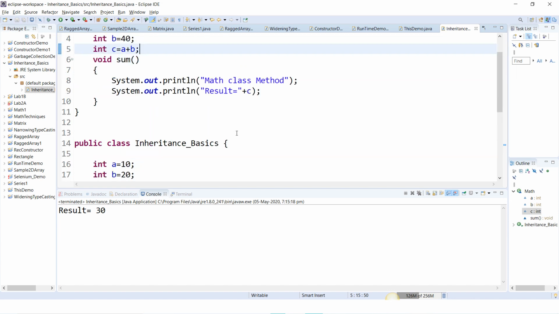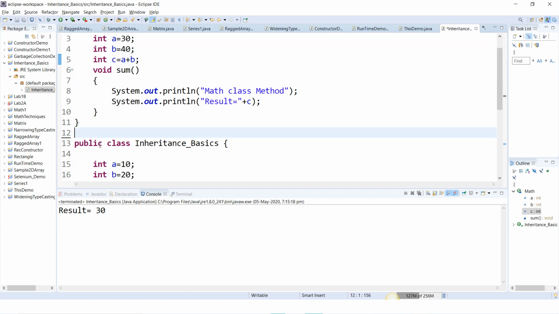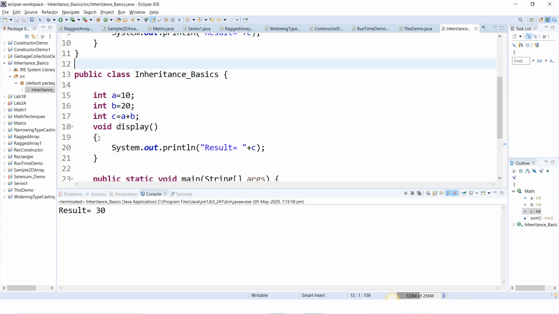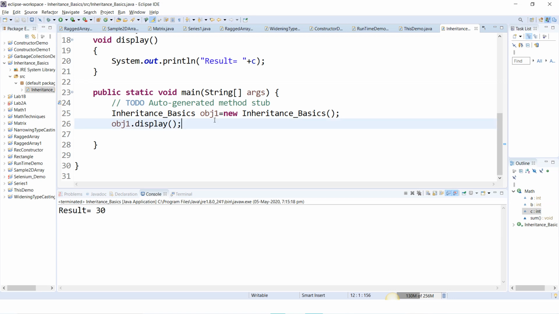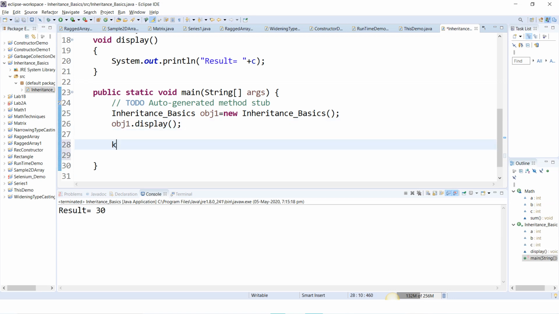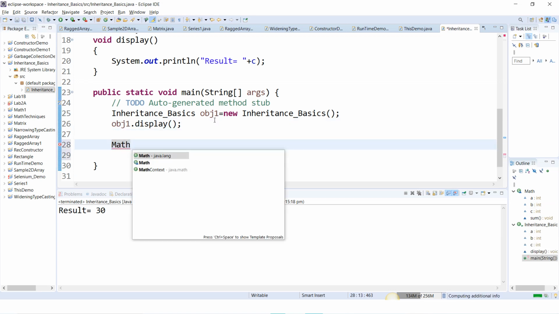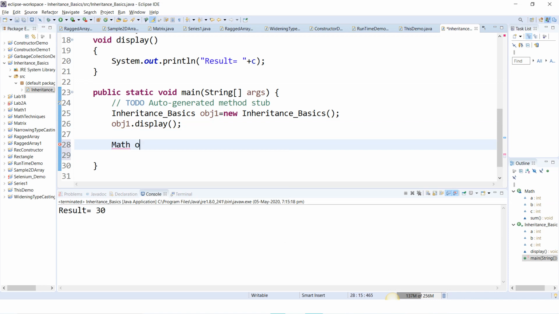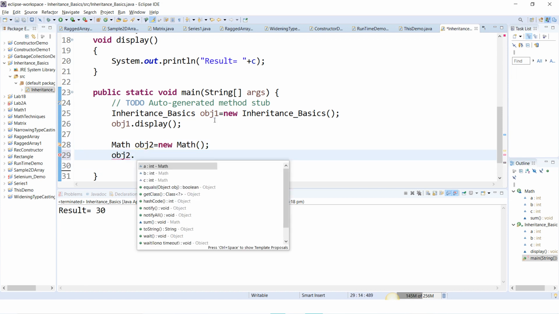Even if I execute this, I'll get only the previous output. So inside the main method, I have to create the object of which class? The Math class, in order to access it. I'll call this obj2 is equal to new Math. So now using obj2, I can access the sum method. Done.